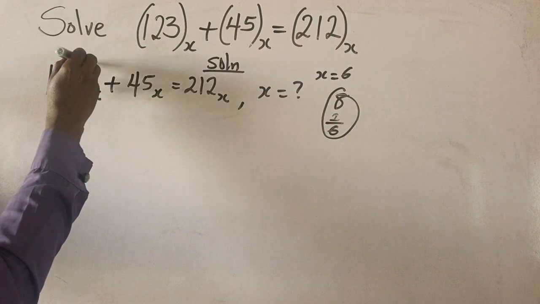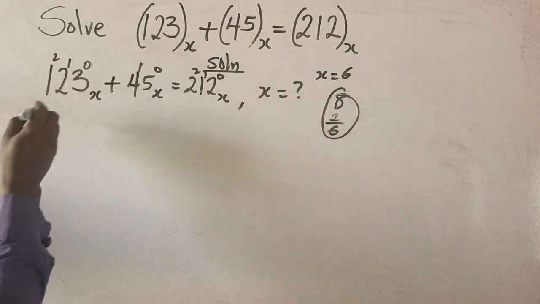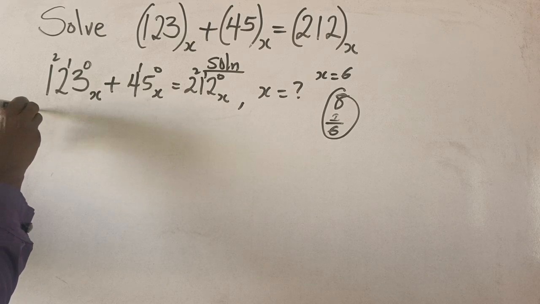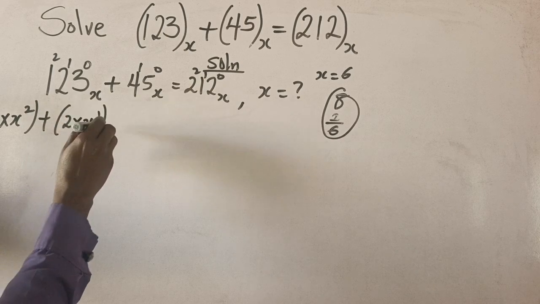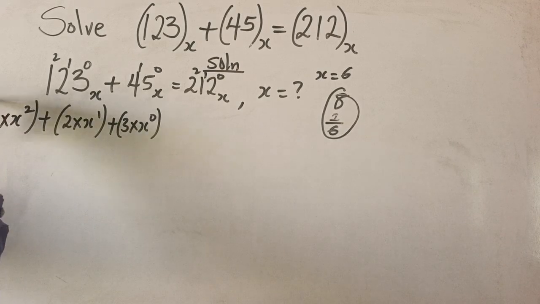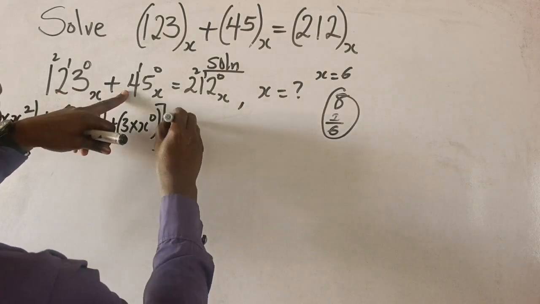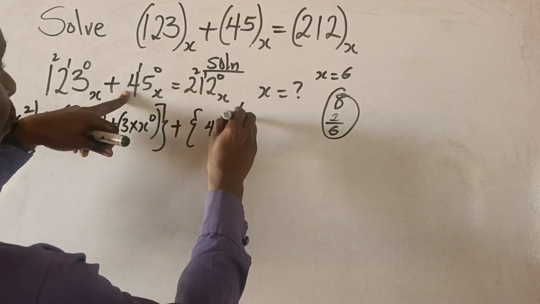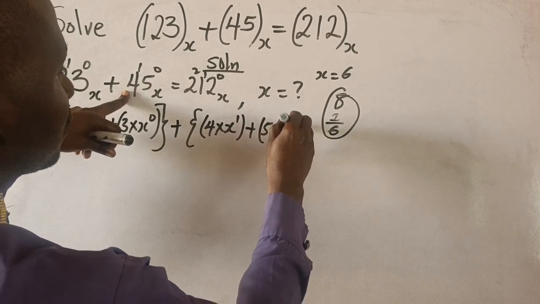Here we are going to power it 0, 1, 2, and 0, 1 for the other number. So converting from base x to base 10, we have 1 times x raised to power 2, plus 2 times x raised to power 1, plus 3 times x raised to power 0. So we have converted this, and we convert this also, plus 4 times x raised to power 1, plus 5 times x raised to power 0